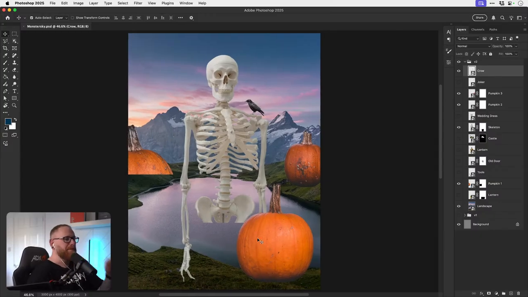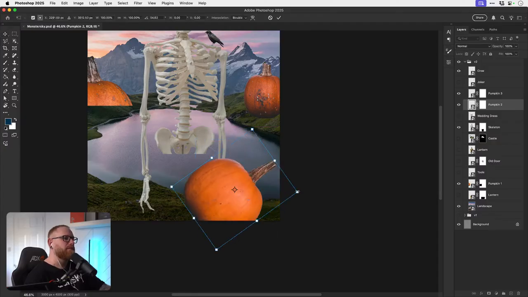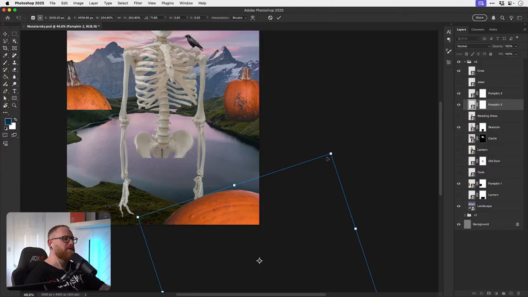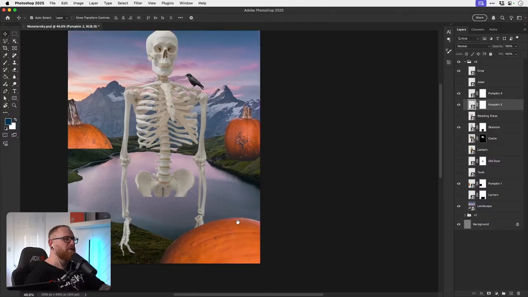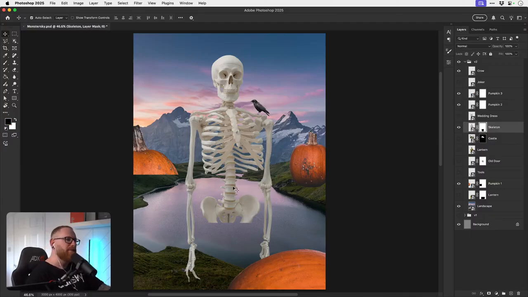Right, what are we going to do with these pumpkins? We could have something like that in the foreground, maybe, sort of framing it. We could build some pumpkins into the landscape. What about the skeleton at that size? We could.